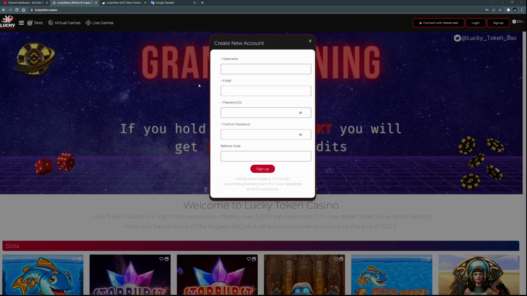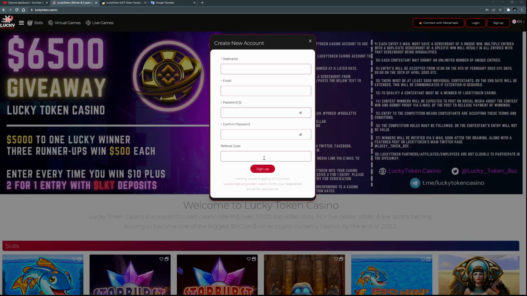Then you can pick a username, a valid email address, select a password, and then you can put a referral